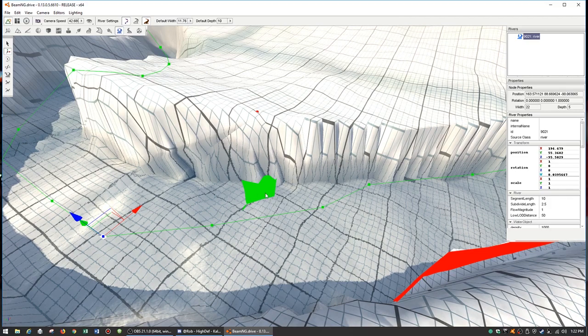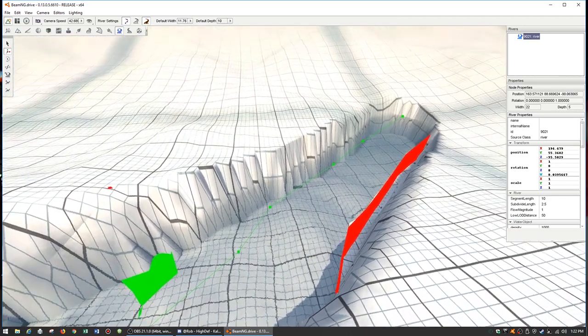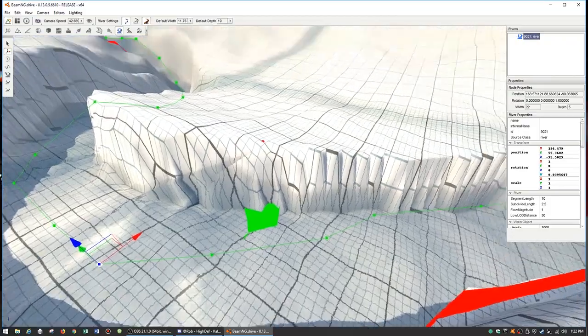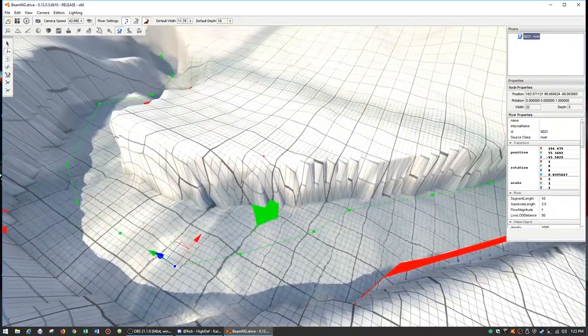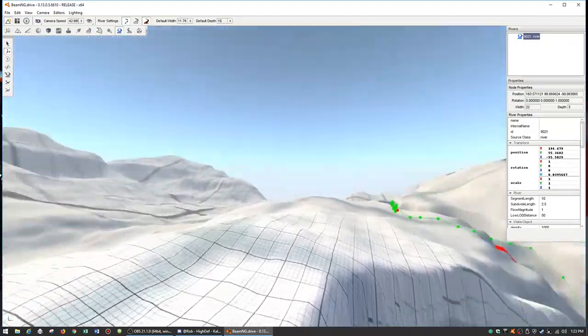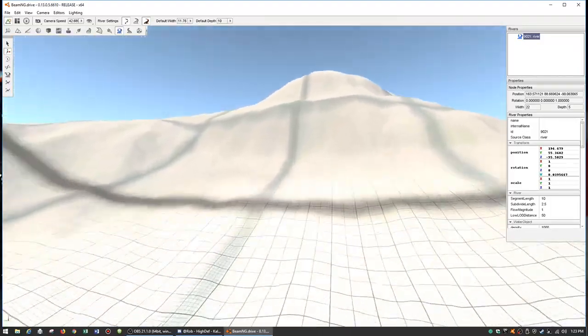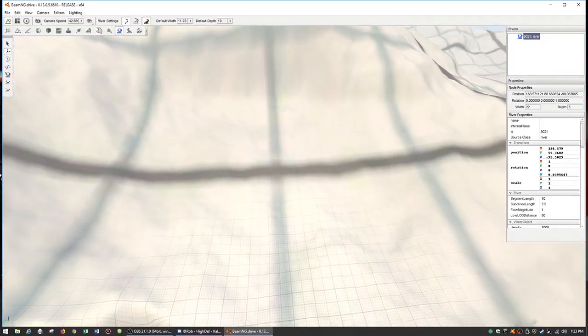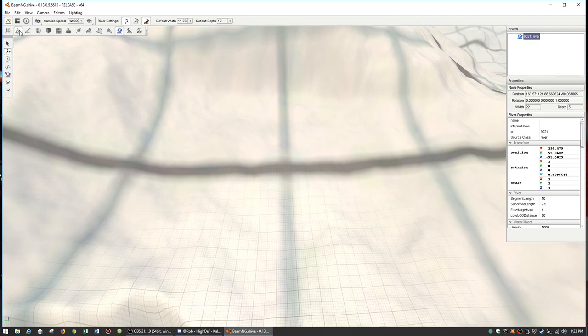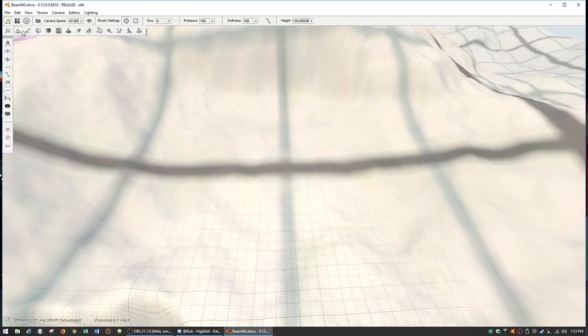So I have a depth problem here, which, again, is going to go to the fact that I didn't start with a flat bed for the river. Just for the sake of argument, just because I'm a glutton for punishment more than anything, if we grab this and then,